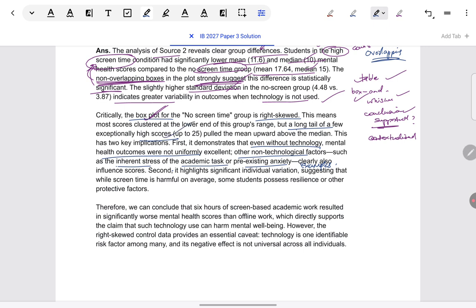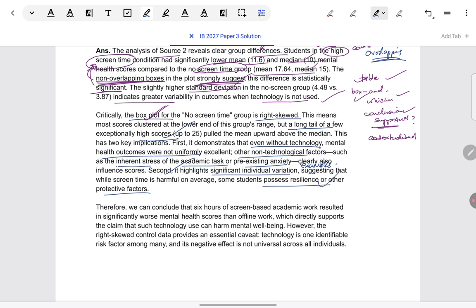So this is one thing we are realizing. The second thing is that significant individual variation is there, again because of the skew. So it might be that some students have some resilience or protective factors. How this is different from the previous point is that here we are trying to say that uniformity is not there. So maybe technology is not the only factor that affects individuals in terms of mental health. There can be other things also, their own resilience, for example. Again, you've learned about mental health also in the content. So from there, you'll be able to generate ideas. So this is what we are coming to know from the box plots.